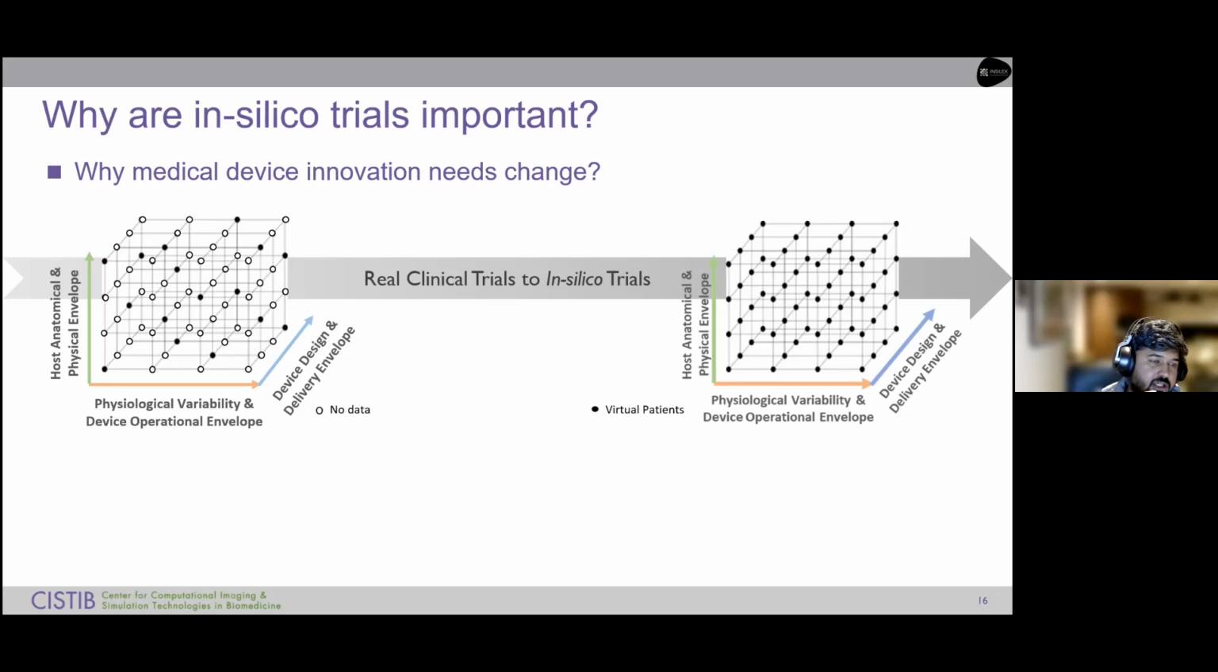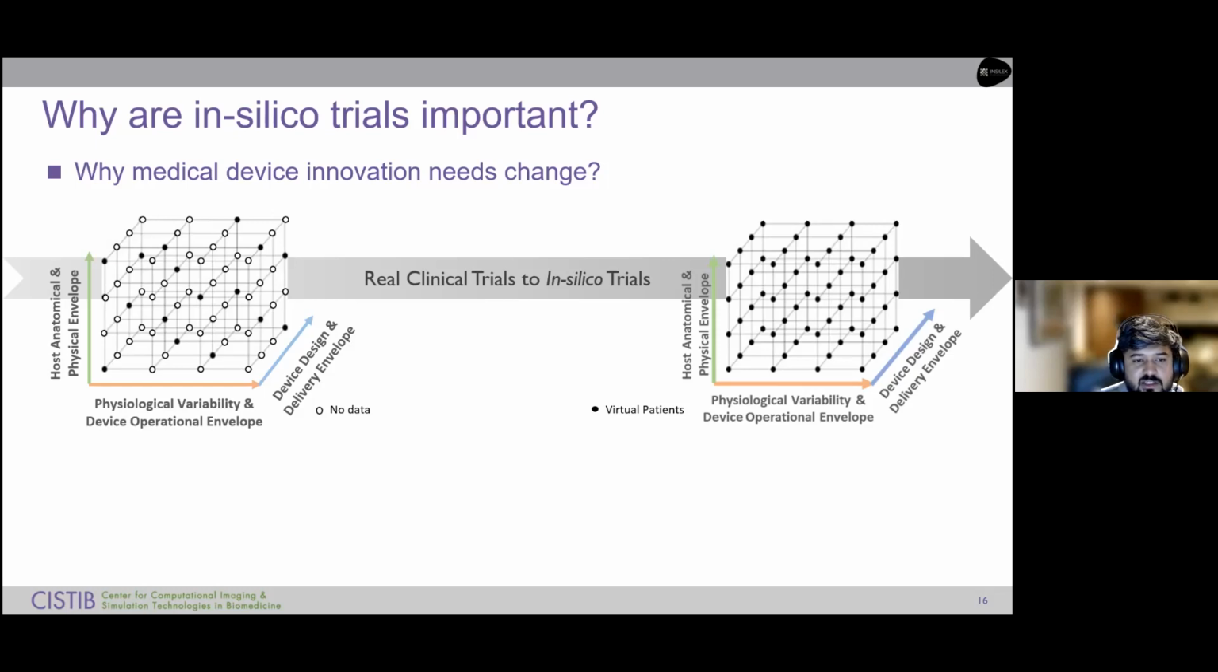You're restricted to analyze just a certain combination of anatomical, physiological, and device design characteristics. And this is because you can only recruit a finite number of patients that fit the inclusion and exclusion criteria that are necessary for testing a specific type of medical device. And this means that when you're evaluating the performance of any medical device,